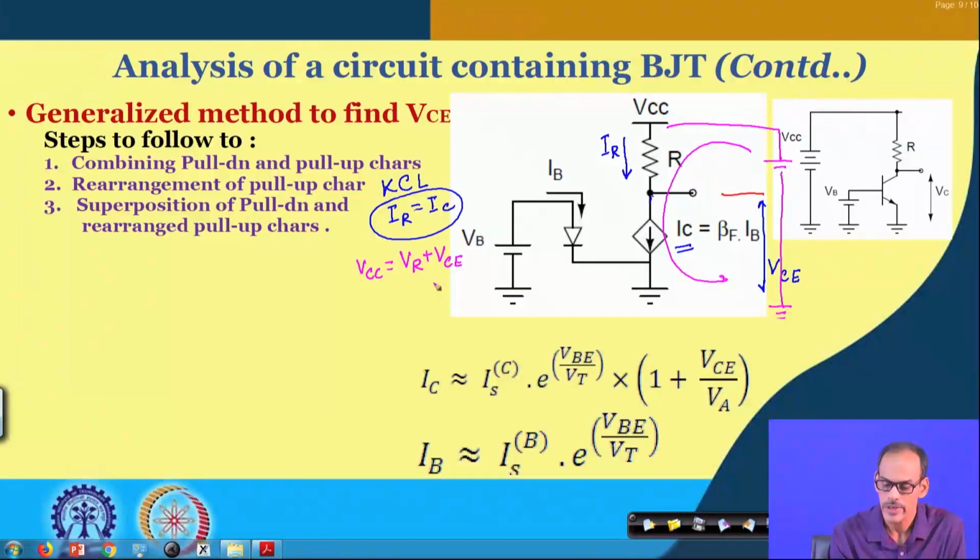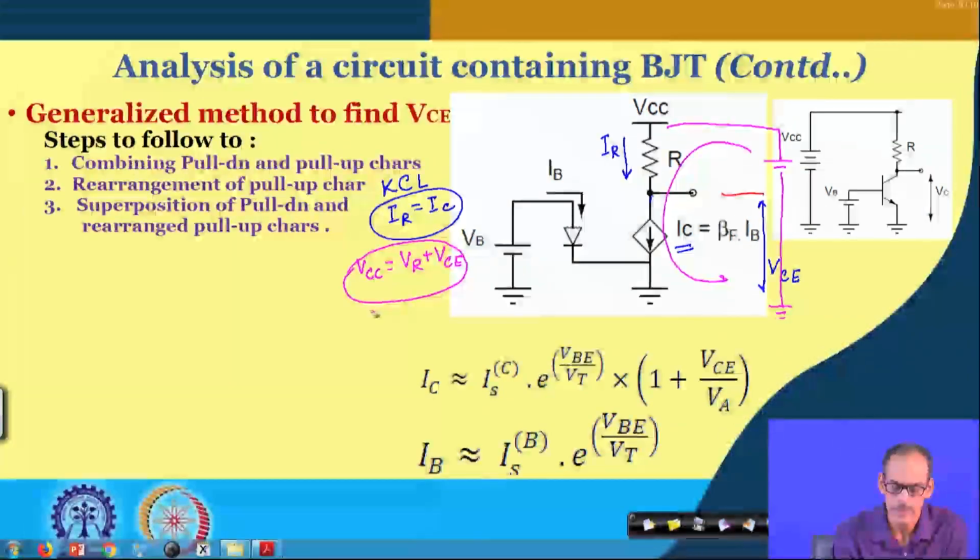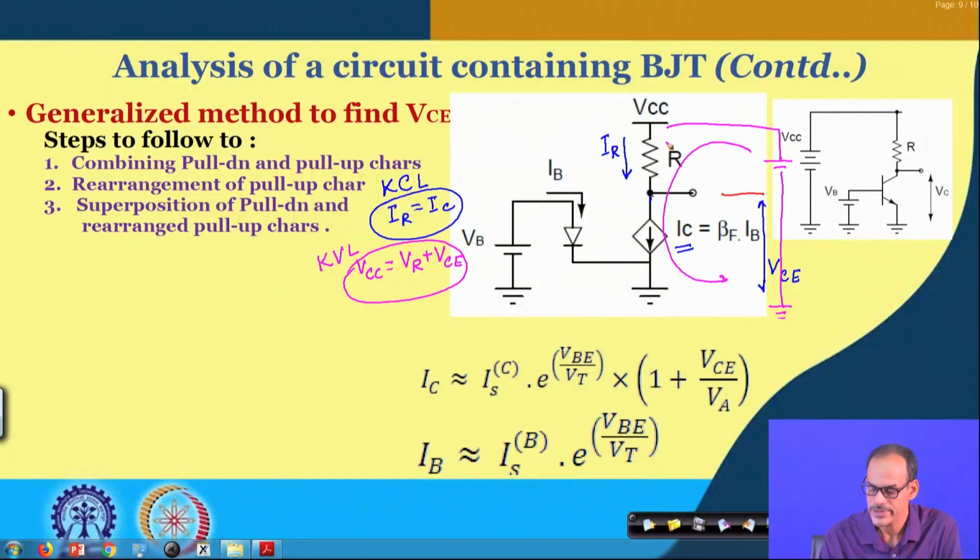In other words, the VCE and this one need to be consistent. So, this is the equation we are getting by following the KVL. Now, individually, this part and this part do have their own characteristic. For example, if I consider a resistor, it has its own characteristic. So, what we have for the characteristic for the resistor, in fact, if we